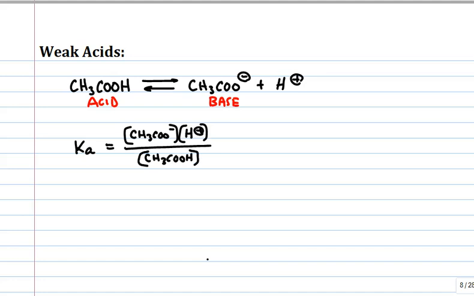Okay, and again, you probably have had this in general chemistry as well. The acid dissociation constant. So we know stronger acids dissociate more in water. Let me say it again. Stronger acids